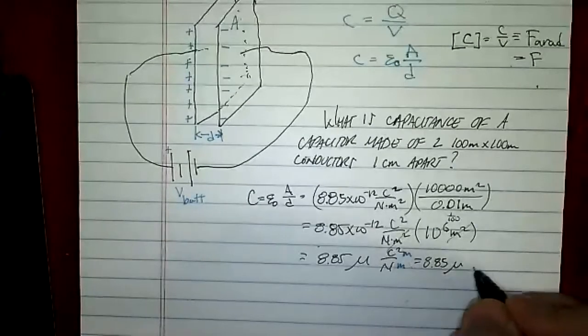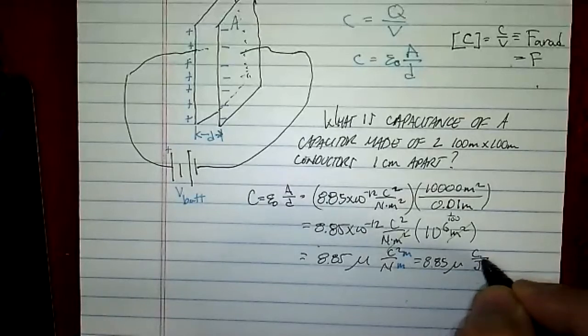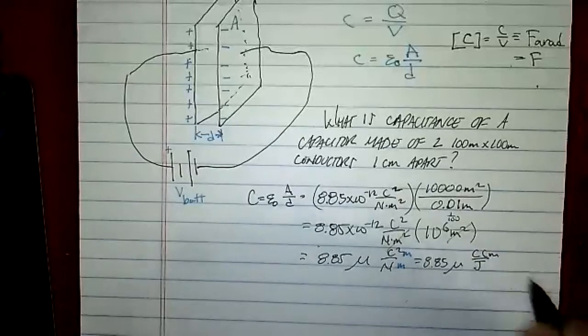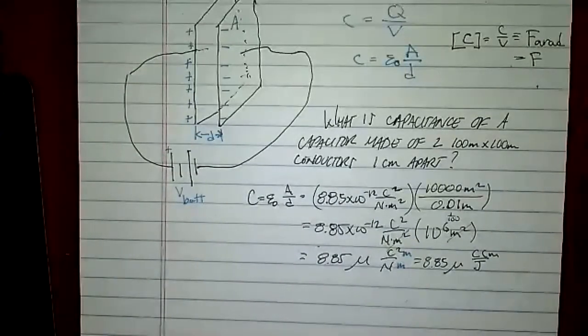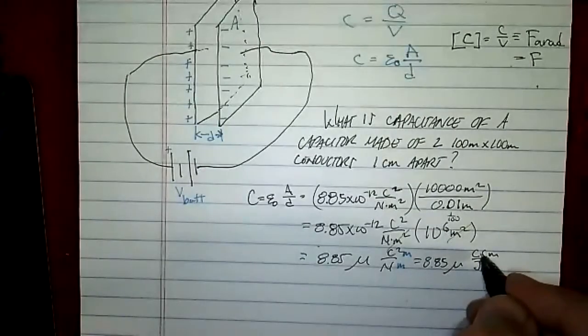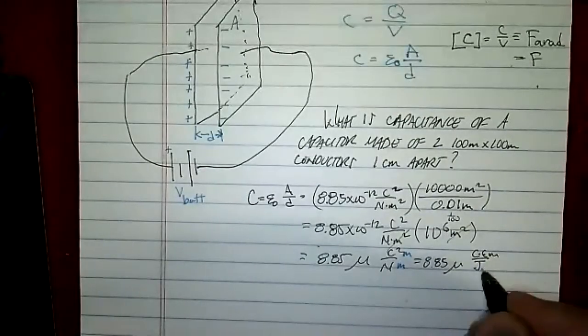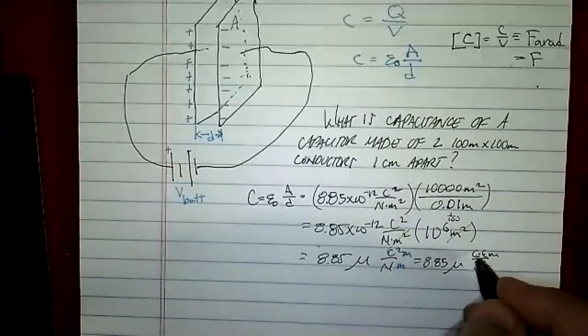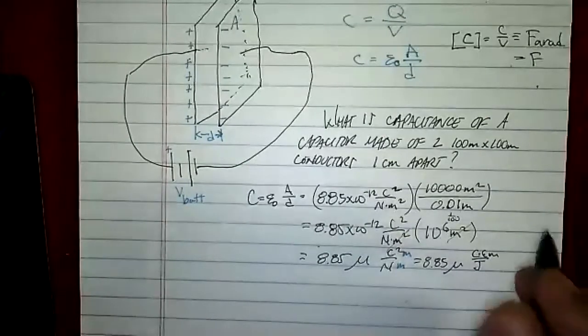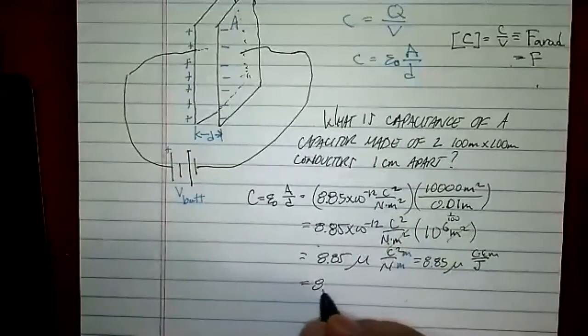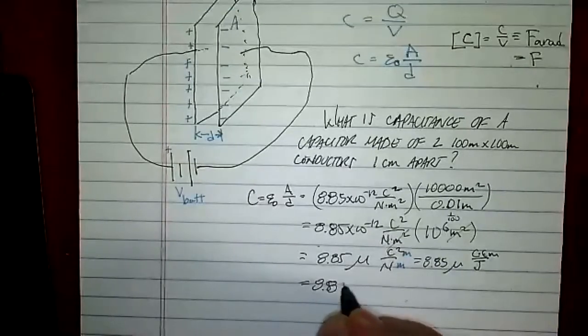And now I have a Newton meter, which is a joule, on the bottom, over a Coulomb times a Coulomb meter. Okay, so in other words, Coulomb squared, I'm just writing it as Coulomb times meter. But I think you know a joule per Coulomb is actually equal to a volt, so I can rewrite this as 8.85